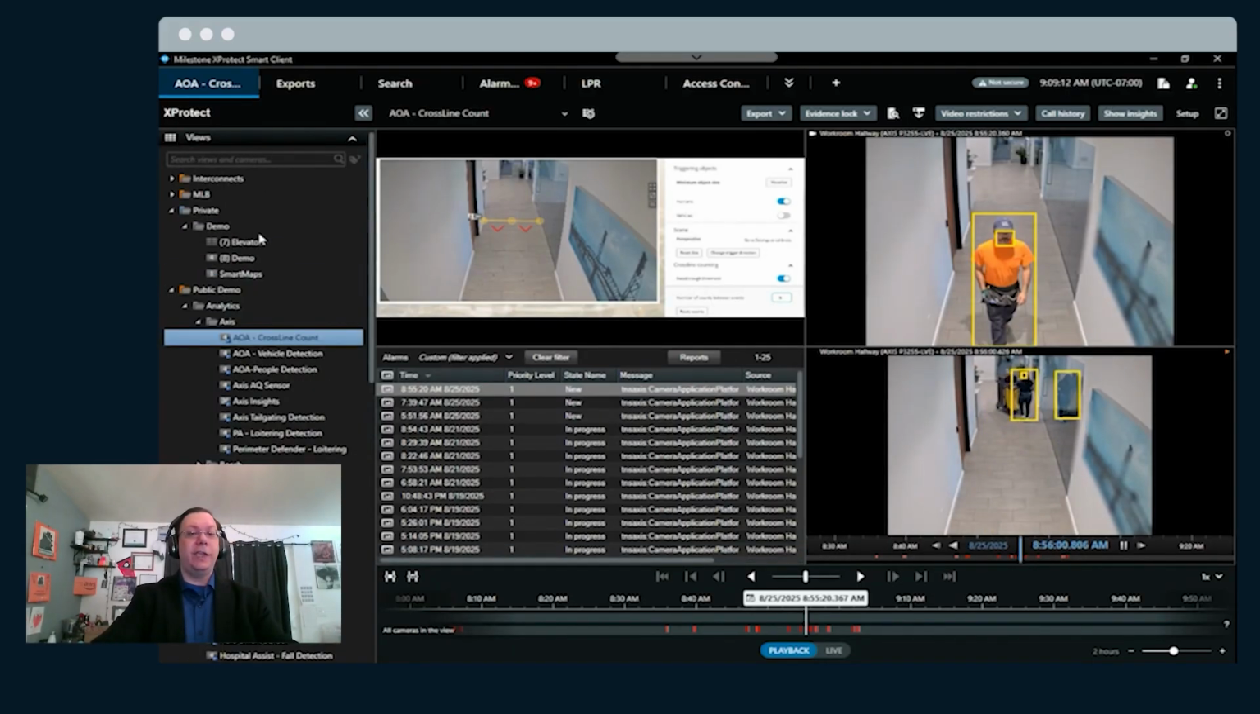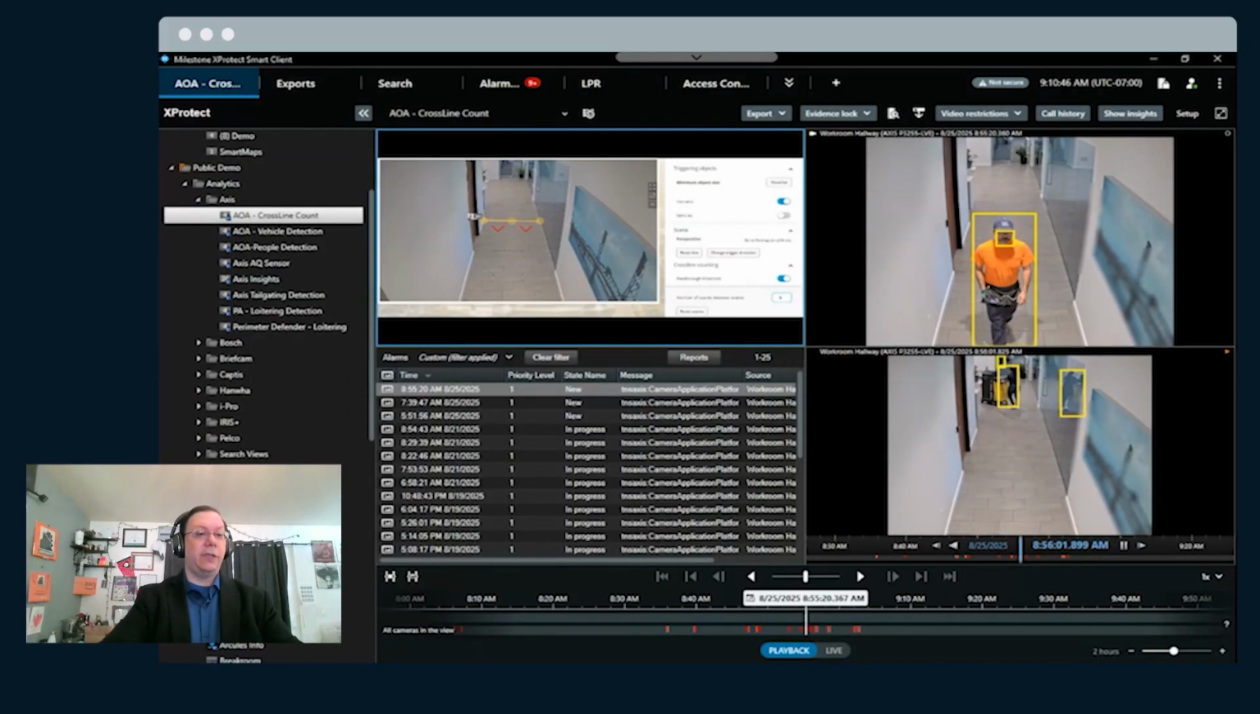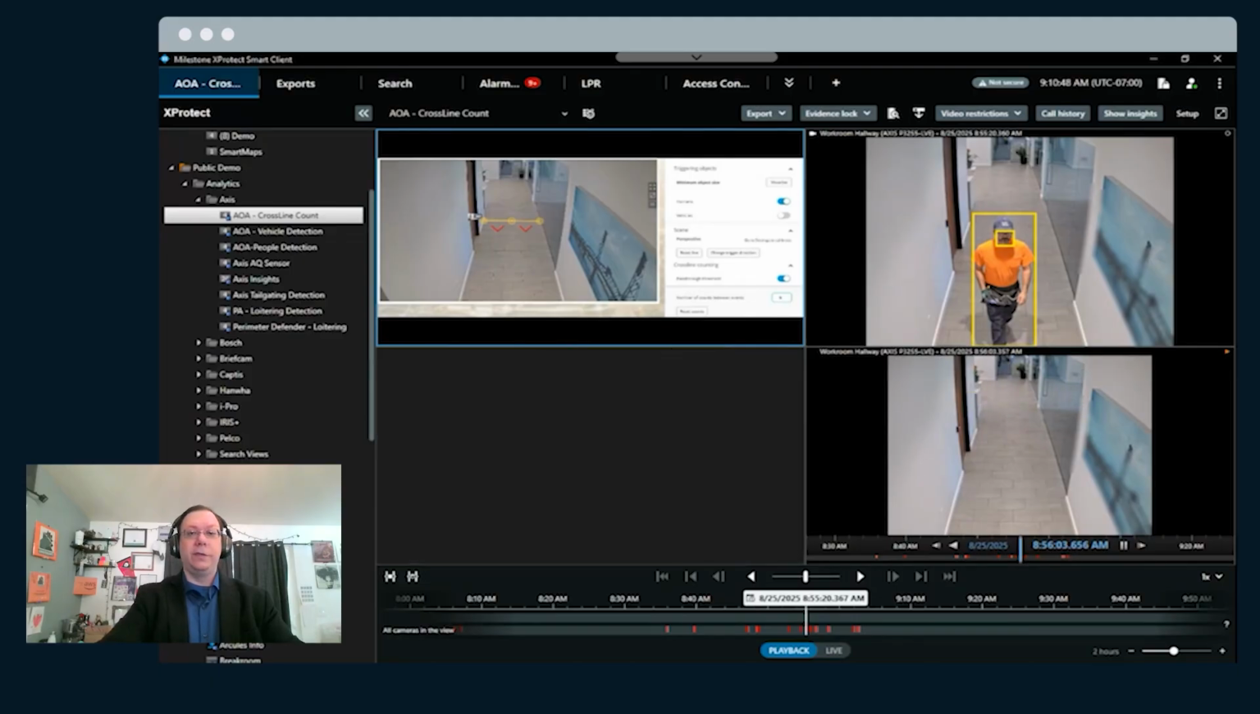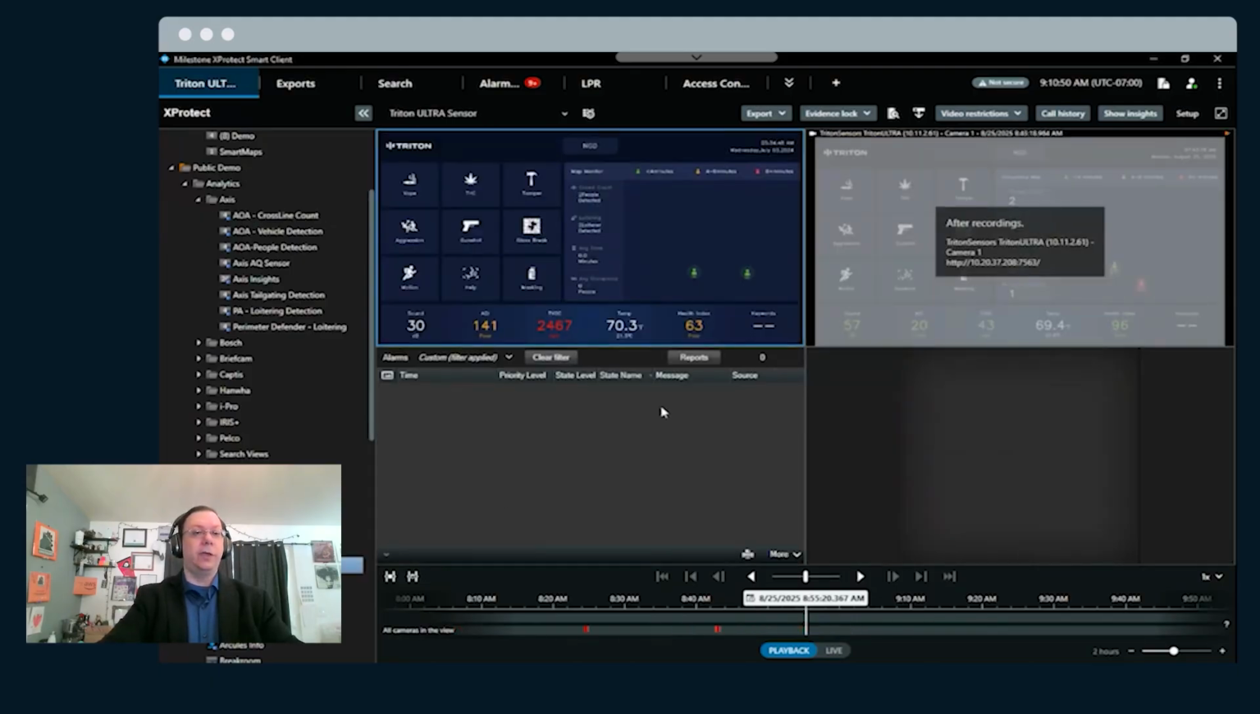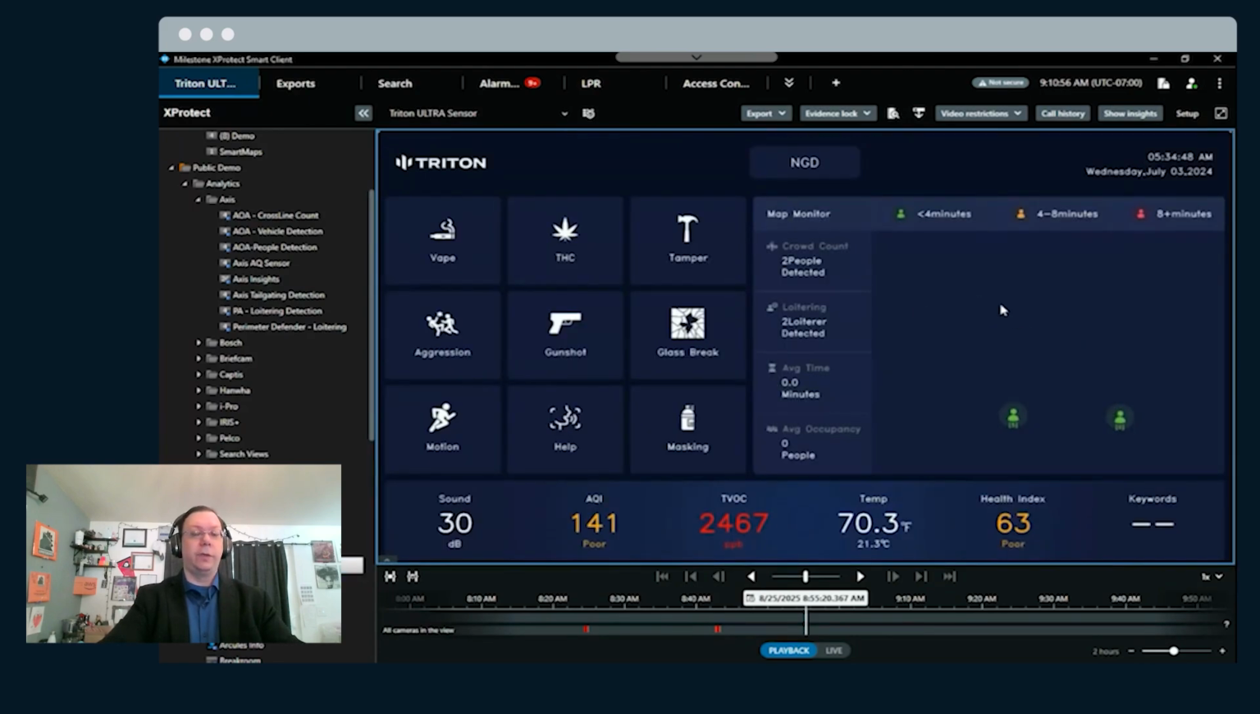Continuing on, let's take a peek at some of the other devices that can tie into XProtect. We talked a little bit that it could be any device that's not just a camera. So let's slide down to see what we have going on. Let's take a peek at this Triton sensor. So this is where we're pulling something into XProtect that is not video. So we're still going to have some kind of display showing us the device itself,